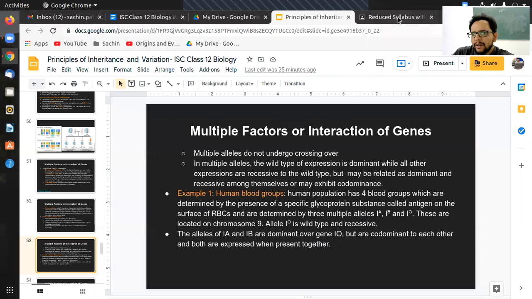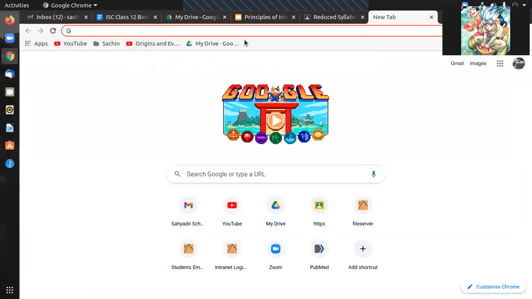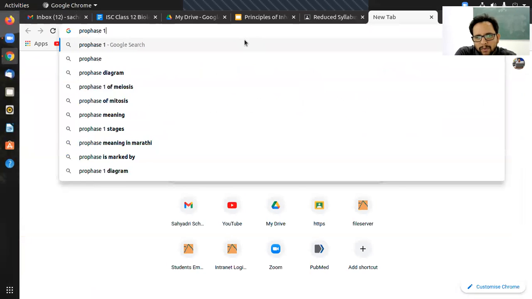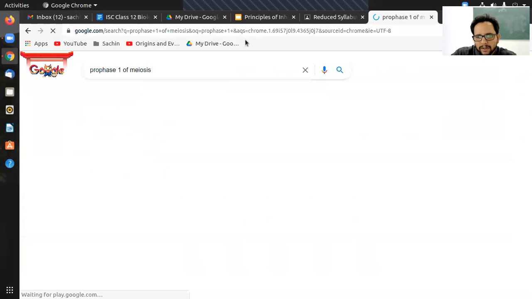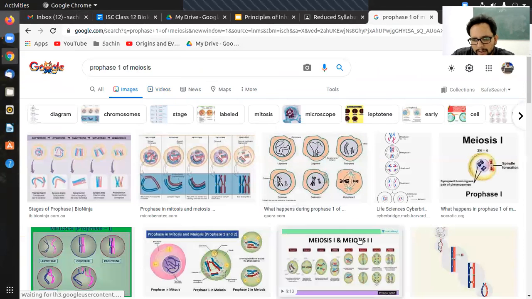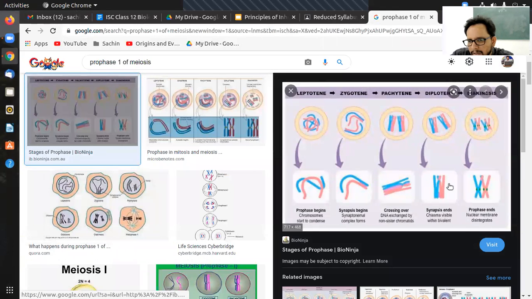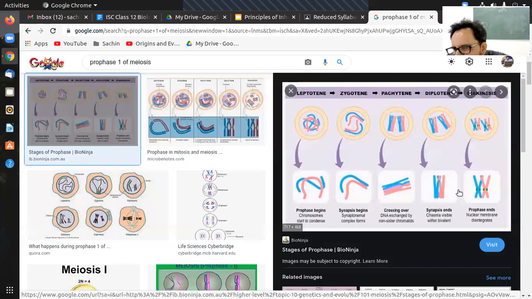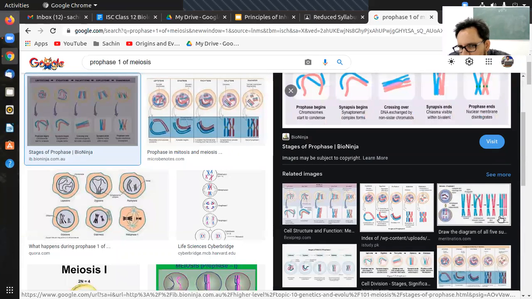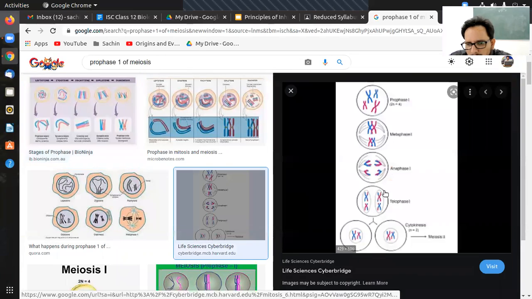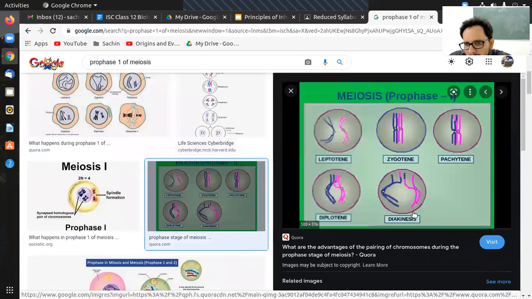You know it, right? Oh yeah, I just remembered. So prophase 1 of meiosis. In images, I hope I can see it somewhere. No, I don't see it here at all. But how can I put it in words, if at all? Yeah, you can see it here. Forget about the others, but this part is getting exchanged. So the blue one is going to the pink one and the pink one is going to the blue one. So this particular thing is called crossing over.